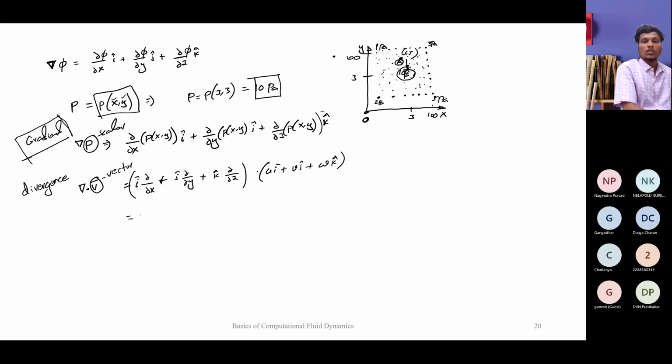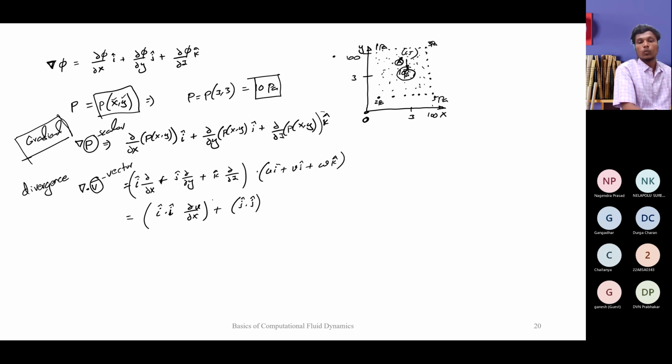According to our dot product formulation, we just need to substitute one to one. And if you substitute one to one, remember what will happen. I cap dot I cap dou by dou x of u, this is one term,